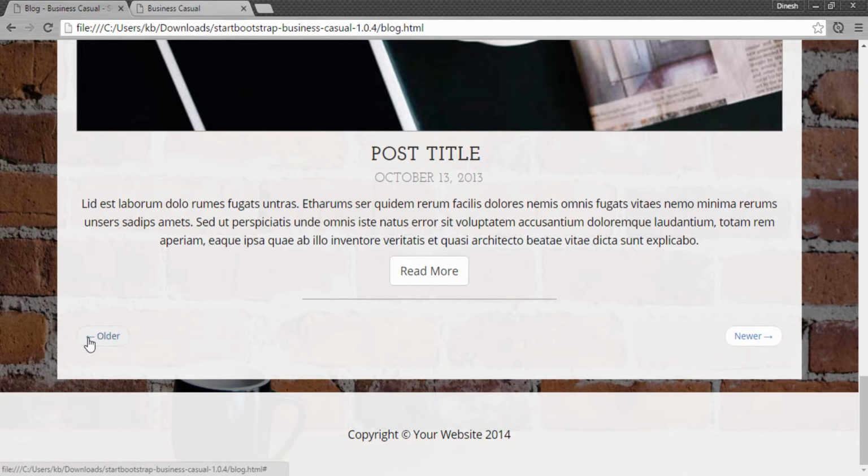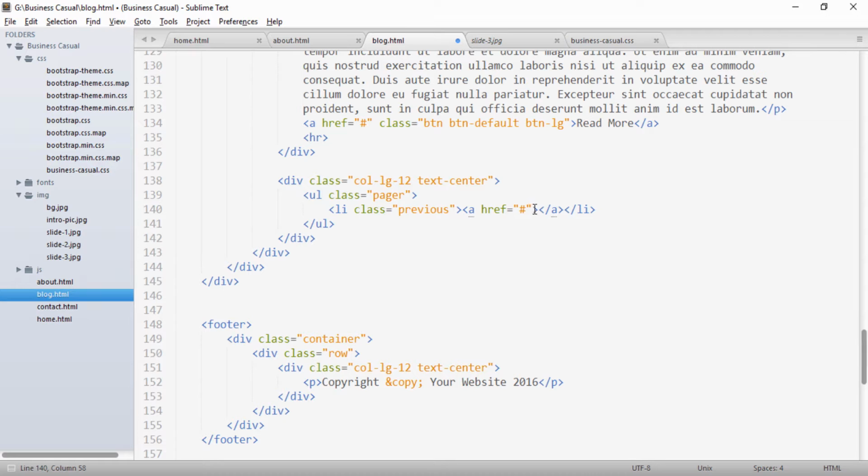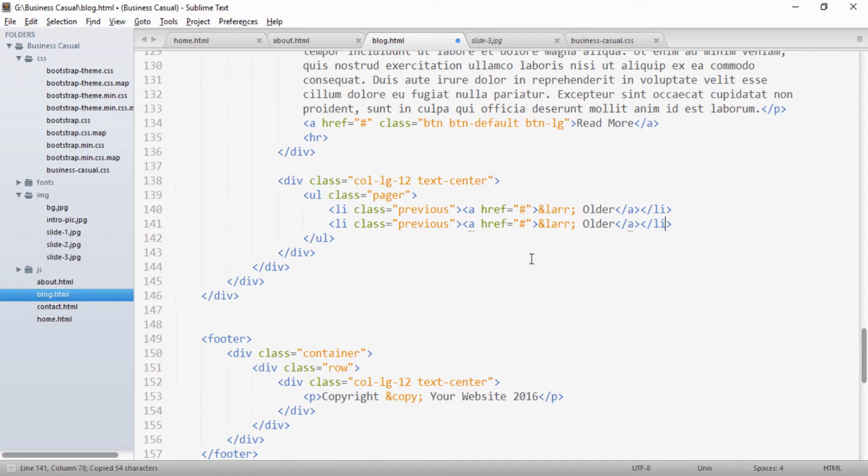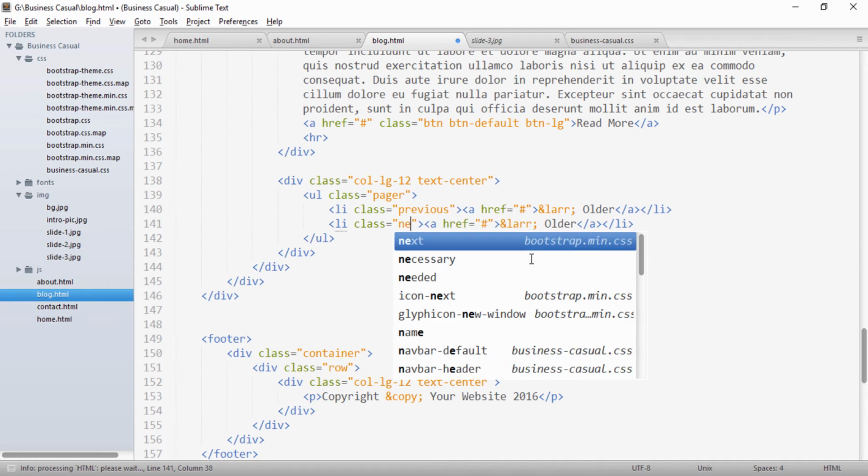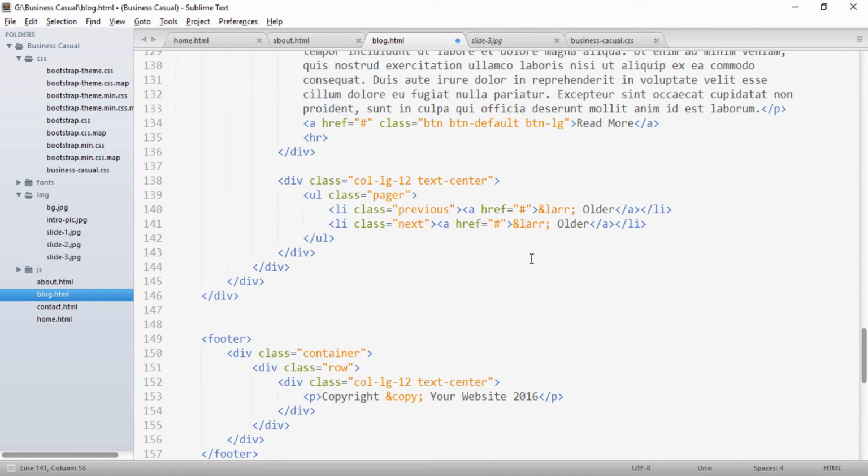So in order to create this arrow and text, we have to provide say ampersand larr, which is nothing but left arrow semicolon, and we'll write older, and similarly I will just copy this and paste it below, and here for the newer post I will give the next class, and it will be rarr, so it's right arrow, and here I will be giving text as newer.